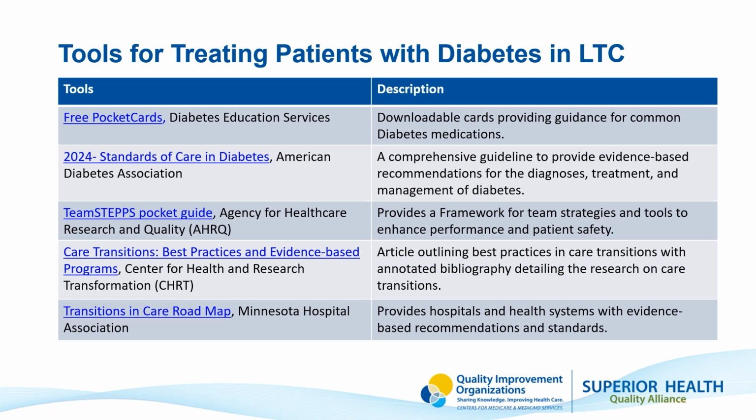We would challenge you to ask questions about diabetes care management in your own healthcare setting. Where are you seeing gaps in processes? Are your residents experiencing hyper or hypoglycemic events? And what steps are you taking to prevent them? All of these questions can lead you to the development of a root cause analysis, action planning, or initiating a Plan, Do, Study, Act cycle. We challenge you to analyze your data and determine where there are opportunities for improvement.